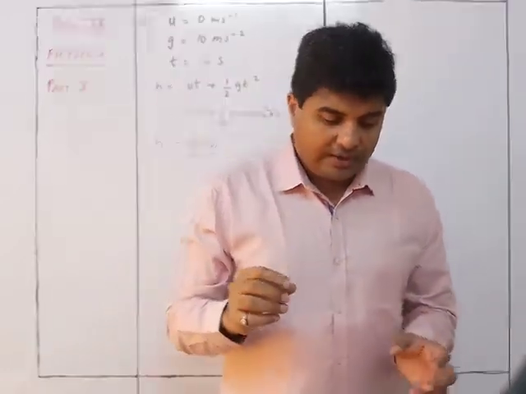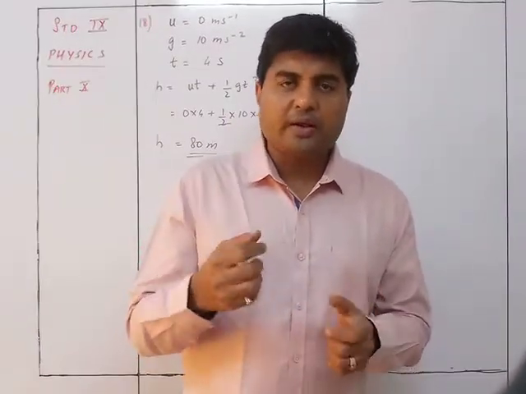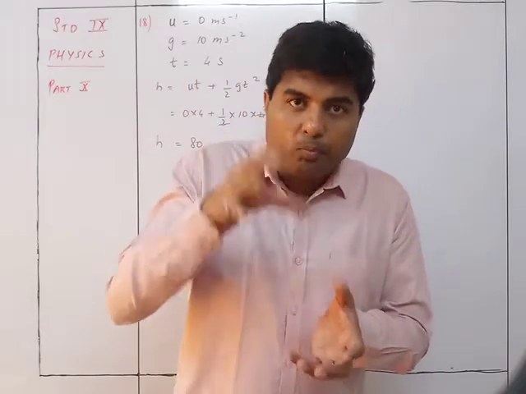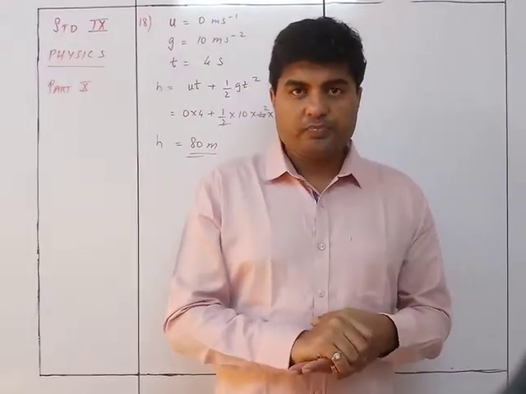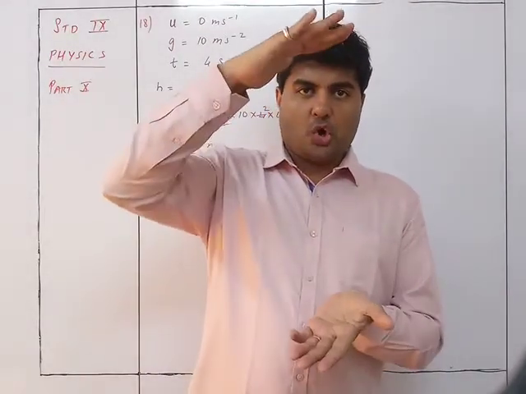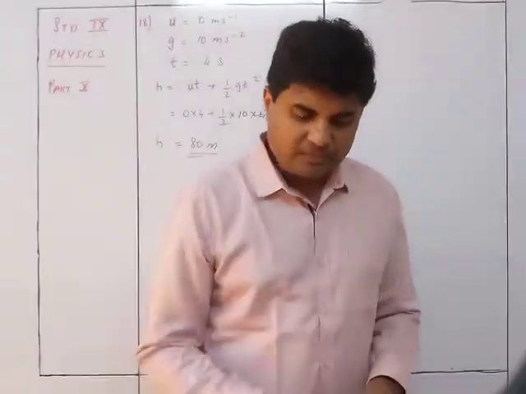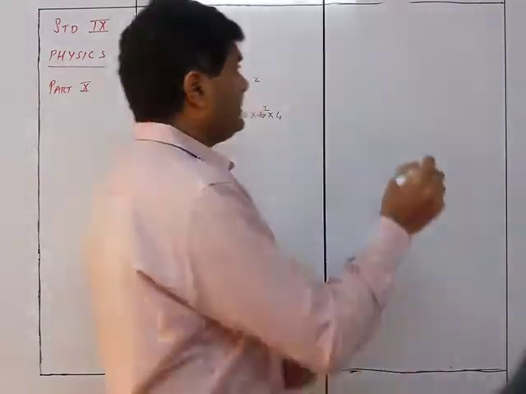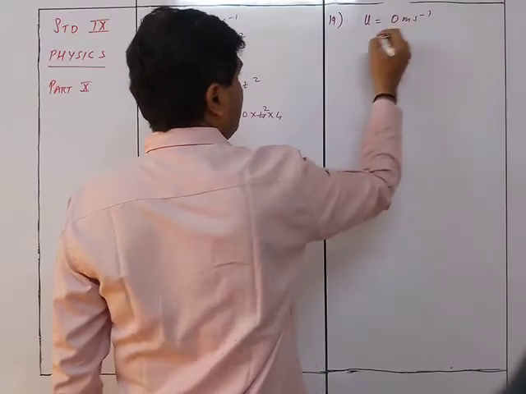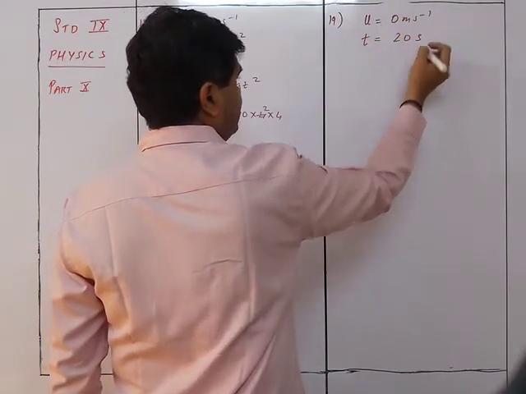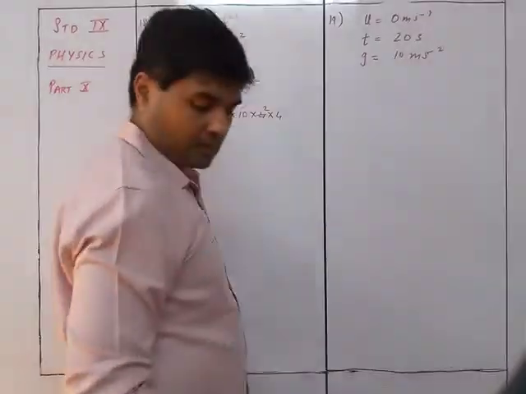So you found that it took 20 seconds. It was a very deep thing. So you just went on counting, and after 20 seconds, you heard the sound, that particular stone hit the water surface. So the time taken for the stone to reach from this point to this point was 20 seconds. And because it was freely falling, u is equal to 0 meter per second, the time taken is 20 seconds and g is 10 meter per second square. Got it?